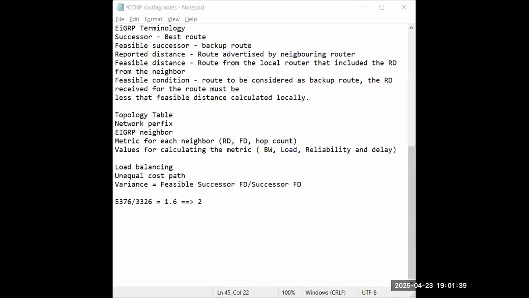This multiplier is going to be a whole number, not a decimal value. What we are going to do is divide in order to get the variance multiplier. After dividing, we are getting a value of 2. So this 2, how are we going to use it? In the router's configuration mode,